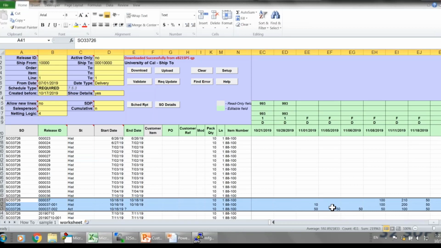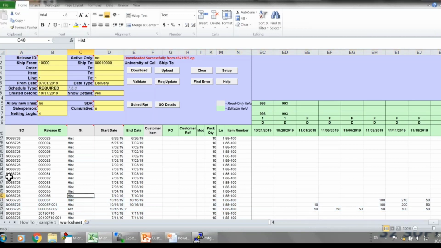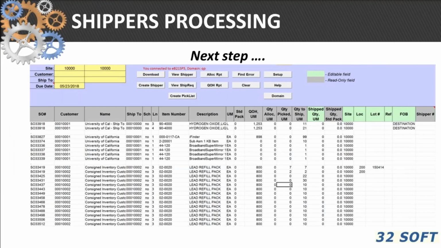I won't be able to do it in a just-in-time environment, but for some of the customers, this is just a good way to level or smooth the requirements. After I made the changes to the customer schedule and am happy with the results, the next step would be to create shippers. This is where operations or the warehouse will generate a pick list based on the customer schedules and check for stock availability. And these next steps will go smoother if some of the potential issues have been spotted and resolved upstream